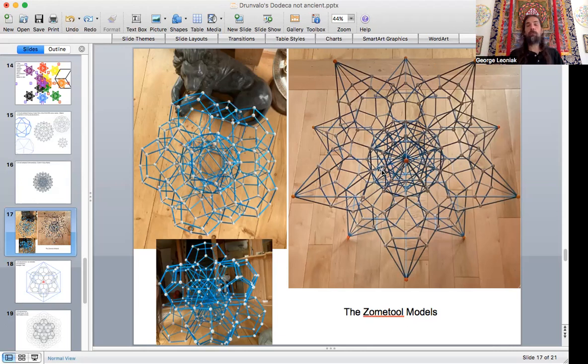This has a counterpart form, the great stellated dodecahedron, which I'm going to have to save for the other video. And those two integrate and combine, and they create the rhombic tricontahedron and that icosahedron. And it's all one big happy package at that point. It all just works out, and then you have basically your rhombic tricontahedron. This gigantic construction, when it's all done with everything that wants to happen to it, will basically create this. And then, of course, this becomes a unit that can be built everywhere. You have to look at this as just one fractal little piece that has all this fractality of these same little structures going on.